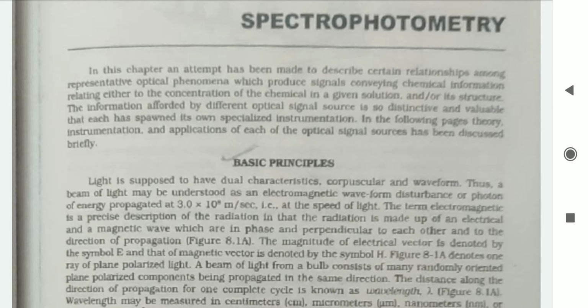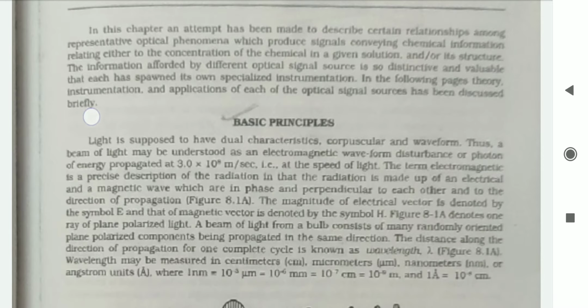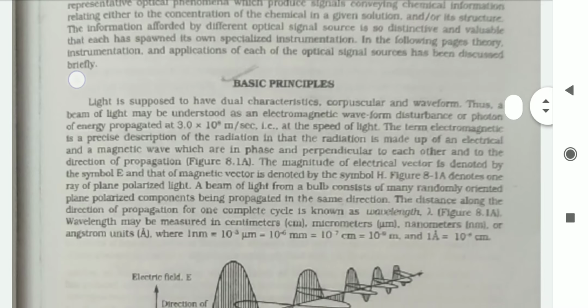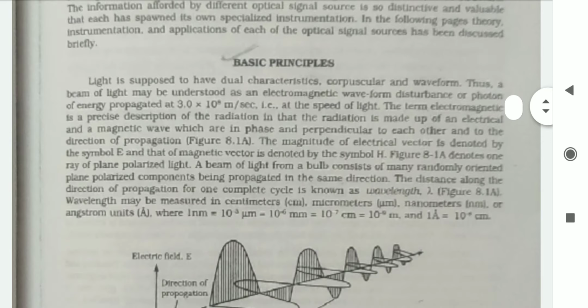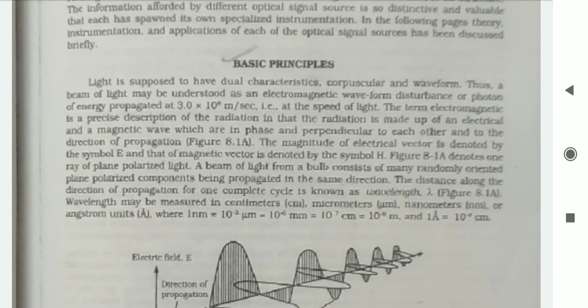Electromagnetic spectrum refers to light. Light has two dual characteristics, that is a particulate and wave form. When the light is in the wave form, we refer to it as electromagnetic. When it is in a particulate form, it is in photons of energy. The speed of light is 3.0 into 10 raised to 8 meters per second,